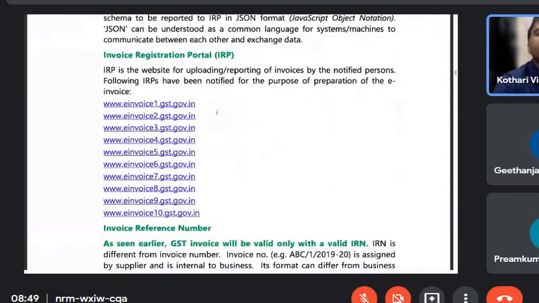Okay, what are the portals for e-invoice registration? There are 10 portals which are notified: www.einvoice1.gst.gov.in, 2, 3, 4, 5, 6, 7, 8, 9, 10. Now, as on date, since e-invoice is mandatory only for more than 50 crore aggregate turnover, that is very few, hardly even 5% of the registered dealers come under this category. Only one portal is active. That is the first portal,